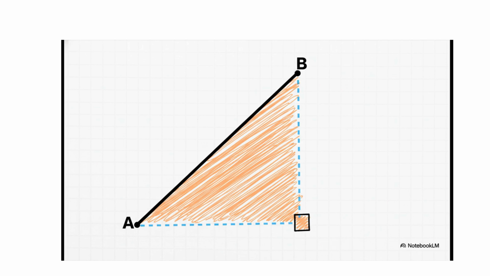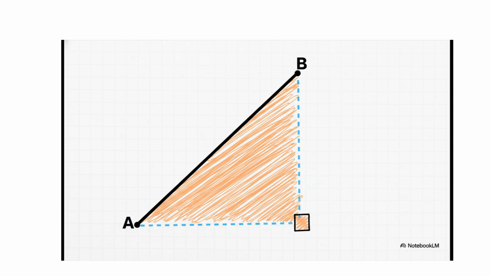And here is the really clever part. That straight line you see between 2 points, it's actually the long side, the hypotenuse, of a right-angled triangle, a triangle that's been hiding there in plain sight the whole time. The horizontal distance is one side, the vertical distance is the other, and the line we actually want to measure